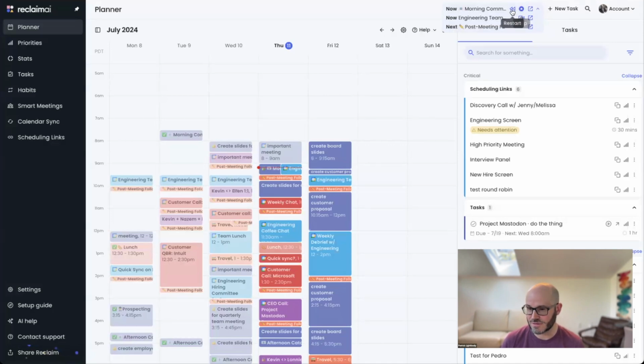And what you can see is there's some nice actions right here. And we surface up the Reclaim ones, since those are the ones we want to have at your fingertips as easily. And so I could restart it, I could stop it. And if I hadn't already told Reclaim that I had started it by dragging it, you would see a start button. And so this is where